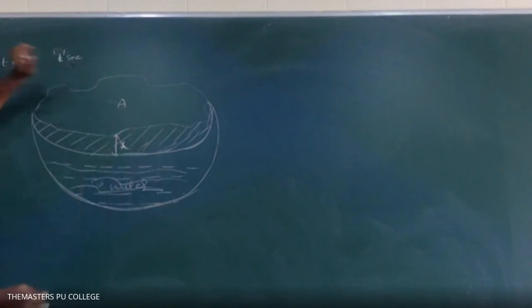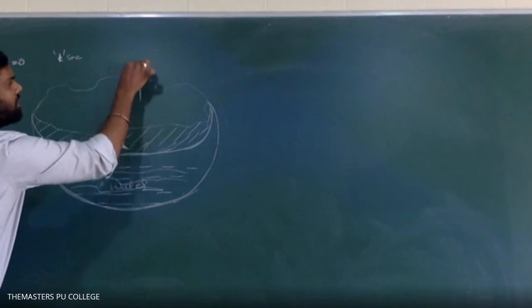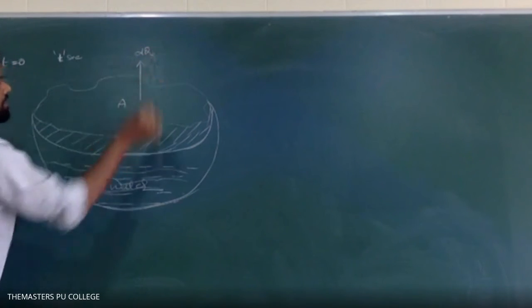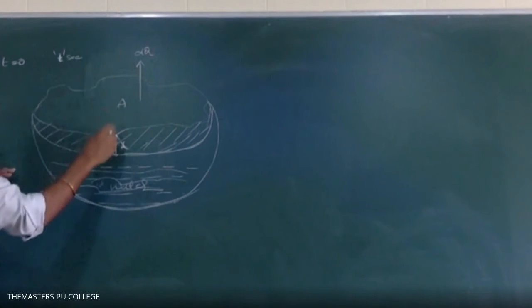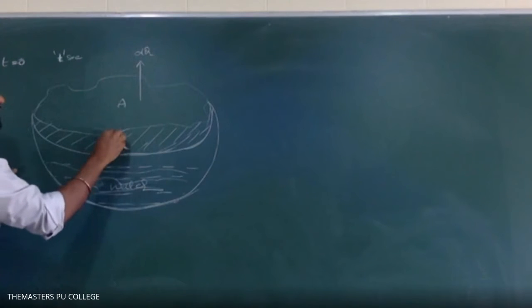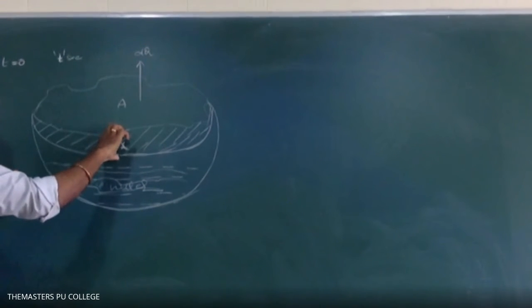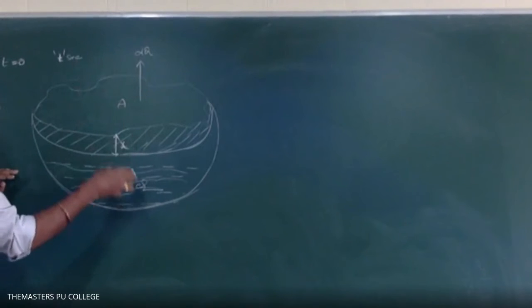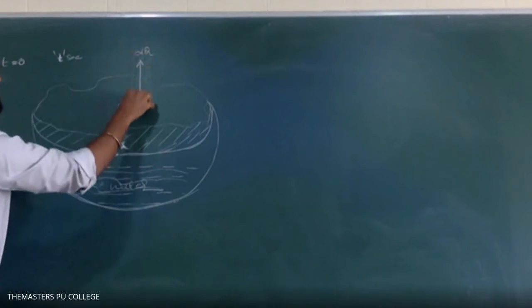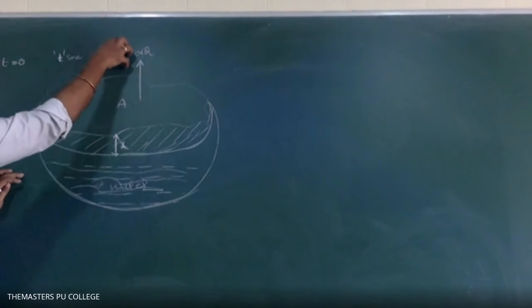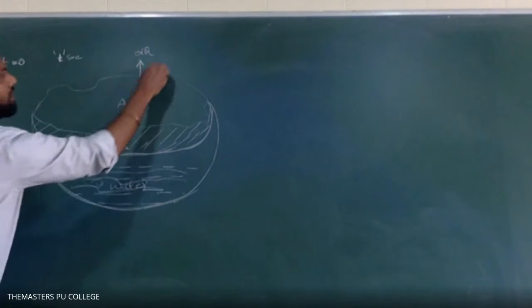How much time will it take? For that, we need to calculate the time. So let us see this one. At this instant, look carefully, observe carefully. At this instant, dq amount of heat flows from water into the atmosphere through this ice layer of thickness x. Through this ice layer, dq amount of heat is lost from the water to the atmosphere in a dt interval